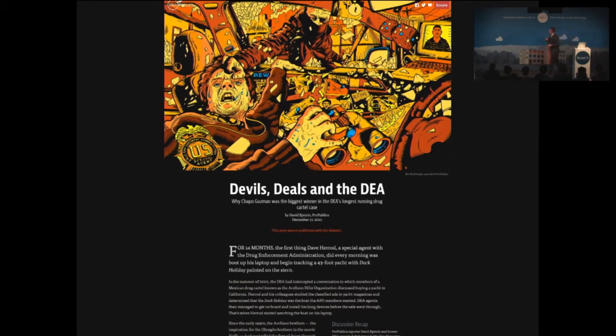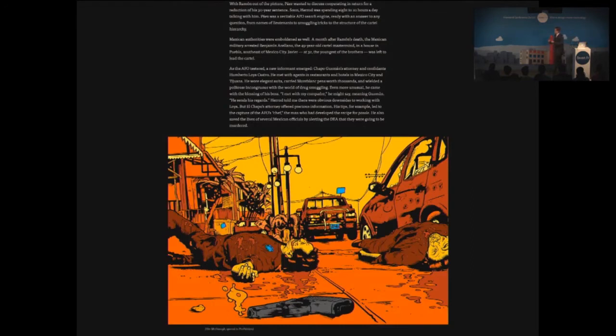So let's compare that to this. This is another piece from ProPublica. This time it was produced for the web by Emily Martinez and Rob Waker, and it's about Joaquin Archivaldo Guzman Loera, who's better known as the Mexican drug lord El Chapo. So this is a story about violence. And the specially commissioned illustrations by Tim McDonough, they really communicate that violence with an intensity that would be difficult